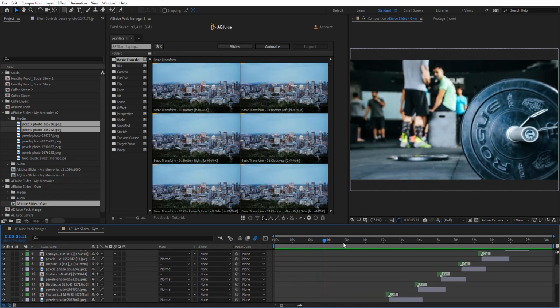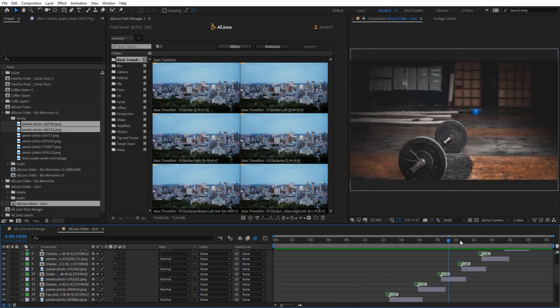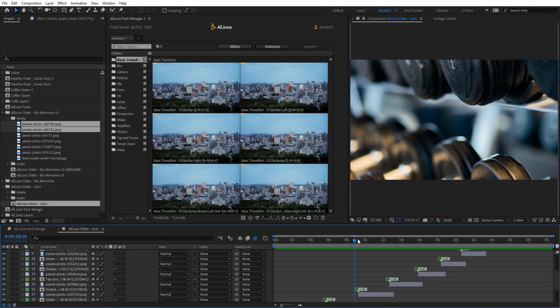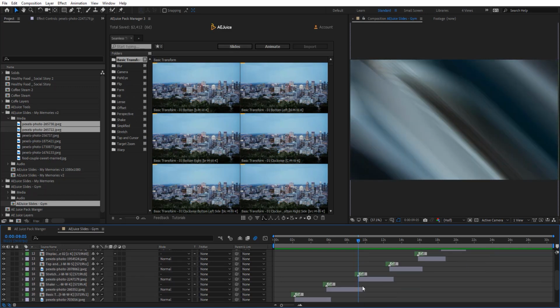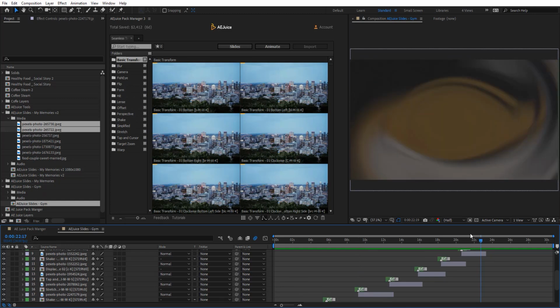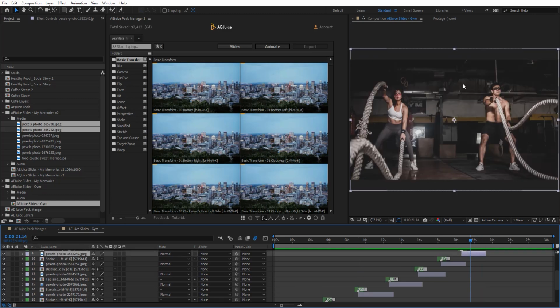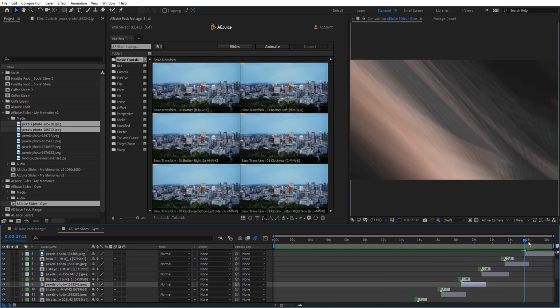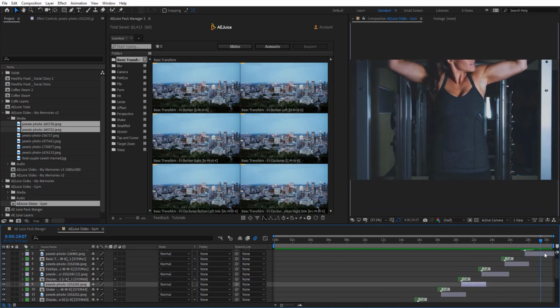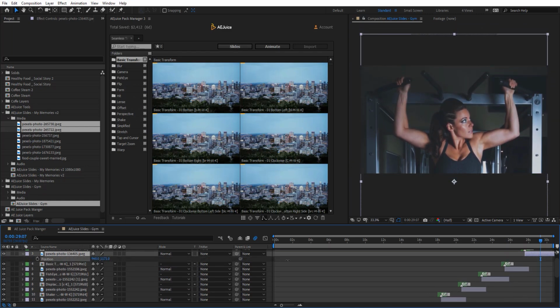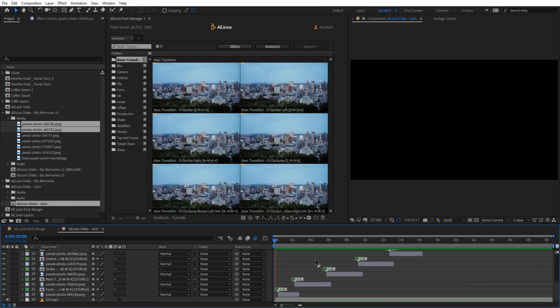And as you see, we got a very nice result here. We haven't done basically anything. We just followed the instructions and we got a very nice result. It picked a nice cut for the music, and maybe all you need to do now is adjust your photos if needed, and maybe just color correct them. So maybe for this one, you can just hit P and adjust that. So you get the idea here.